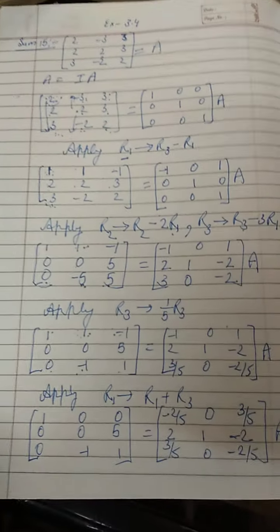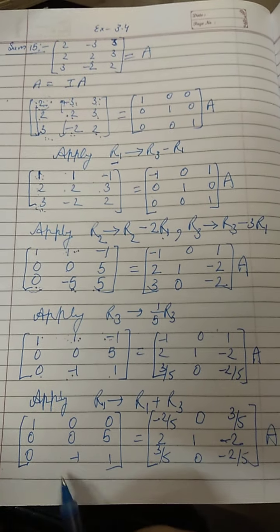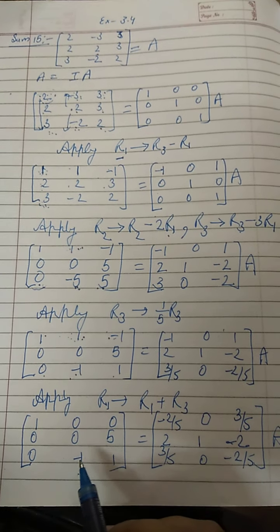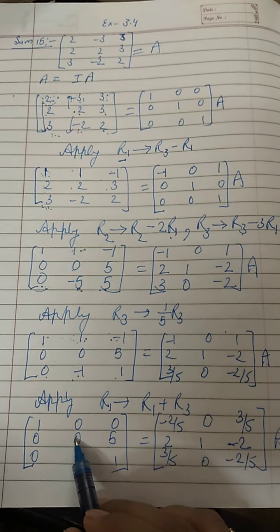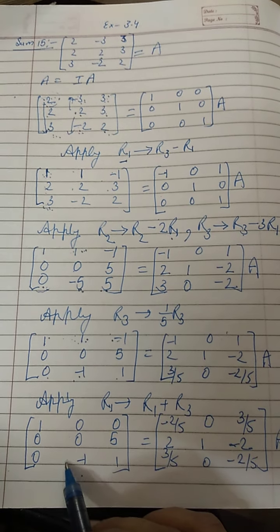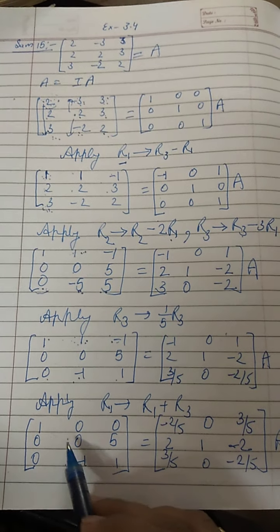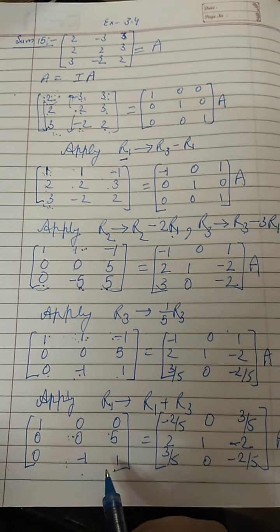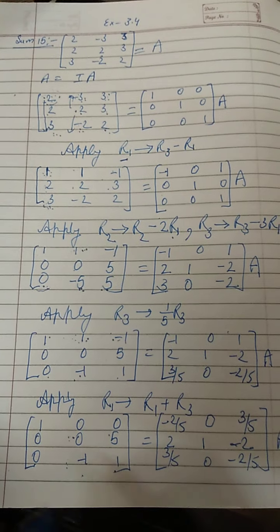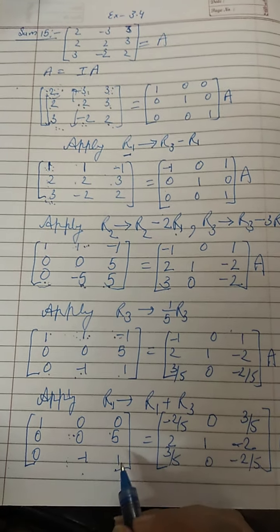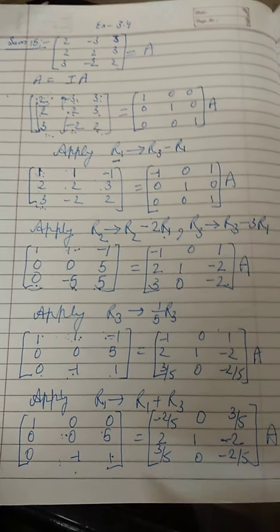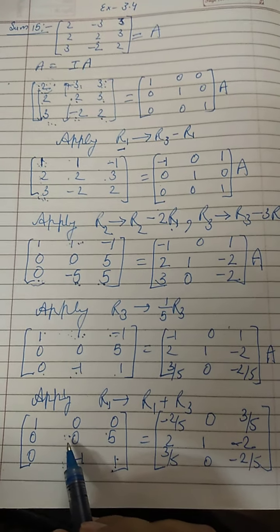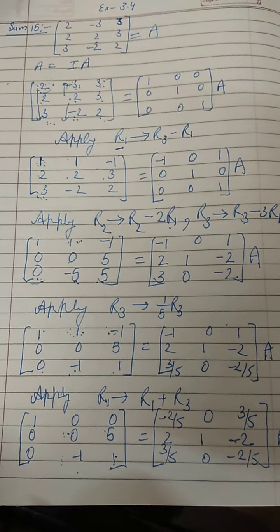Here A only. Now when we look at the left hand matrix, we have to recall what we actually need, right? We want here 0 and here 1. And if I just interchange these two rows, then what will happen? This 1 will come here, and this 5 if I bring here, I can divide that row by 5 to make it 1, right? And similarly this one we then have to make 0. So because we have to think 1 should be here, 1 should be here, 1 should be here. Now in this row there is no 1, so we can do this thing.